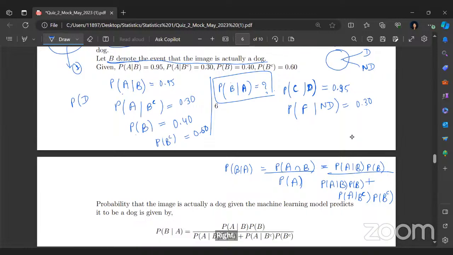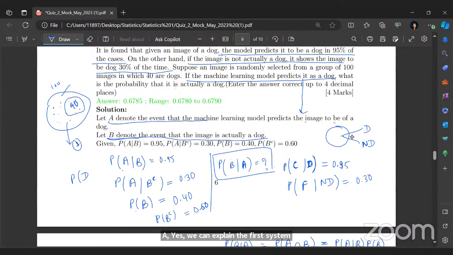Any doubt? Ma'am, I didn't understand the labeling part, ma'am. Like, how did we label P of A given B? How did we take the label? Yes, can you please explain the first step, the first two lines of the... So